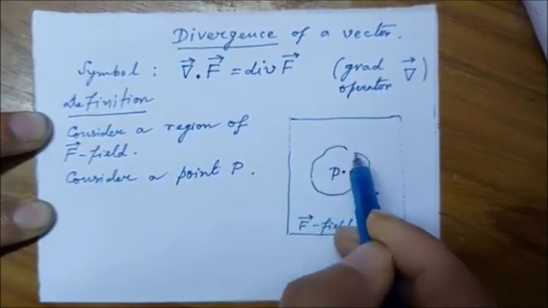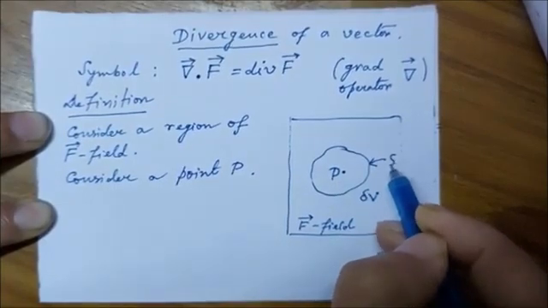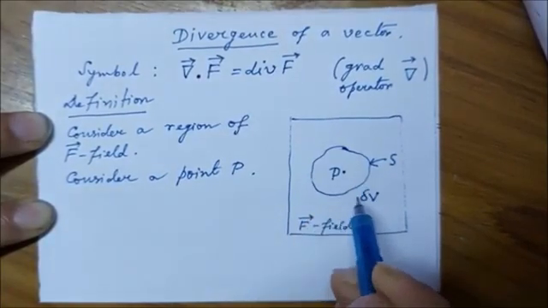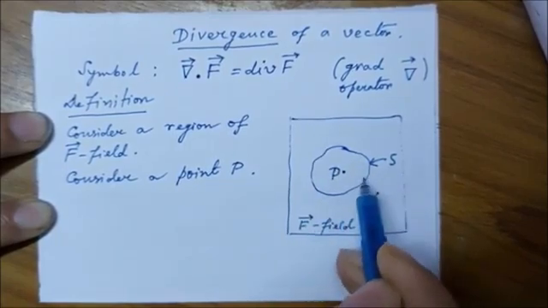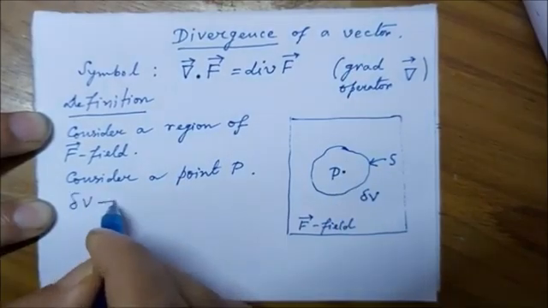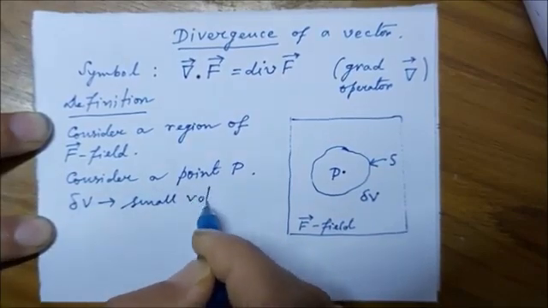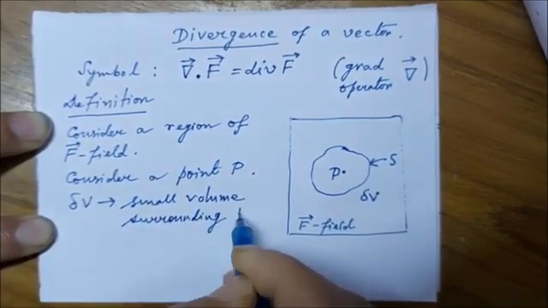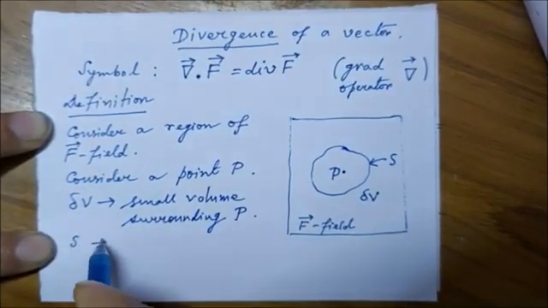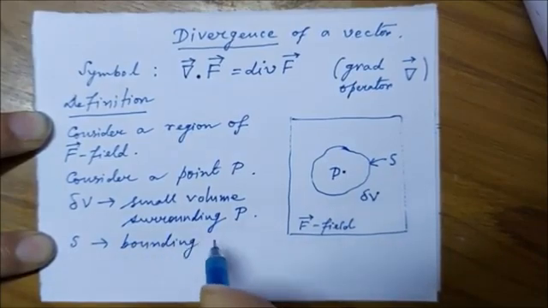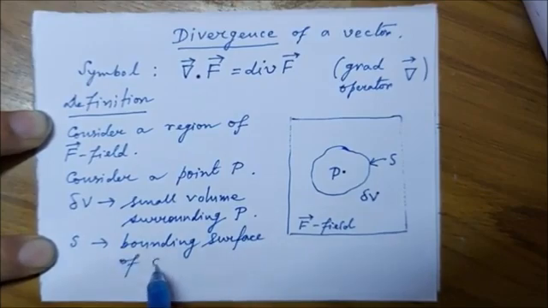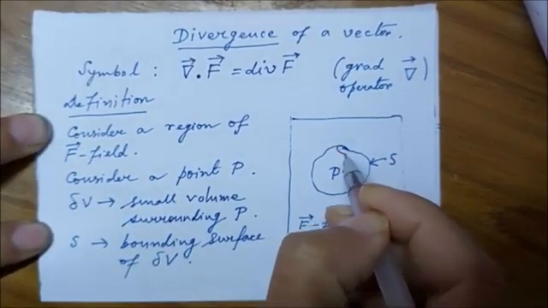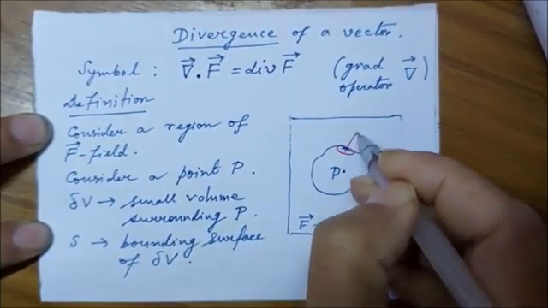a surface, say S. So what we have done is, we have considered a small volume delta V, the bounding surface of which is S, and this small volume contains the point P. So delta V is a small volume surrounding or containing the point P, and S is the bounding surface of delta V. Let us consider a surface element on S and say this is the surface element. The outward normal is, say, n cap,